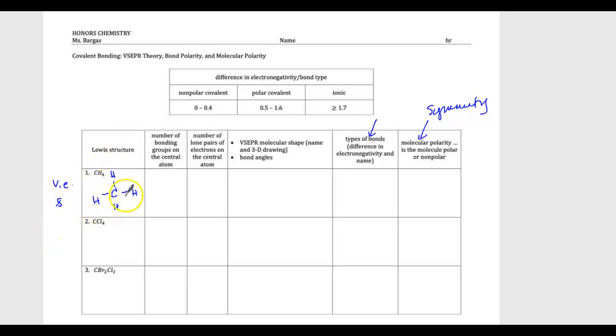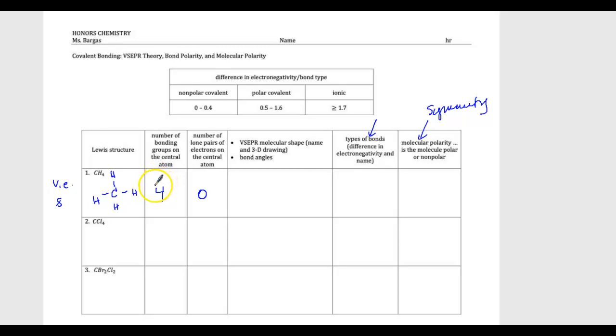Okay, so I draw the Lewis structure, and that enables me to see how many bonding groups I have on the central atom. Sometimes we call those electron domains, right? Oh no, excuse me, I misspoke. Number of bonding groups. How many bonds do you have? You have 4 bonds. How many lone pairs are on this atom? 0, right? So when I look at my little VSEPR chart from the PhET activity that you've been doing, you will see that